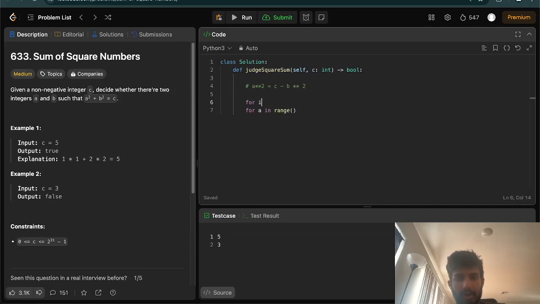Let's start with an i, and let's write a while loop instead of a for loop. So while i squared is less than